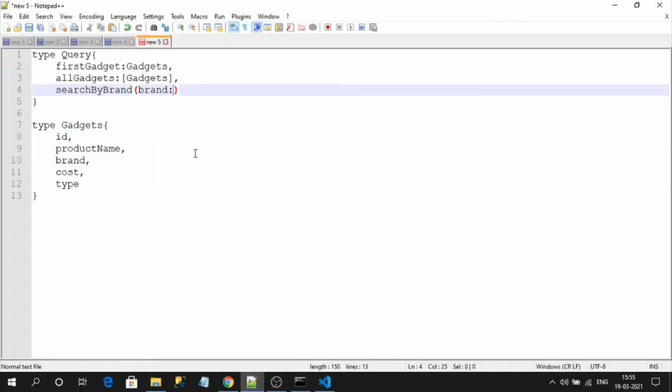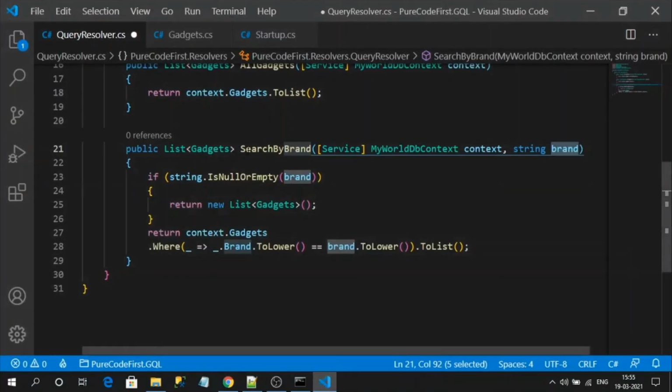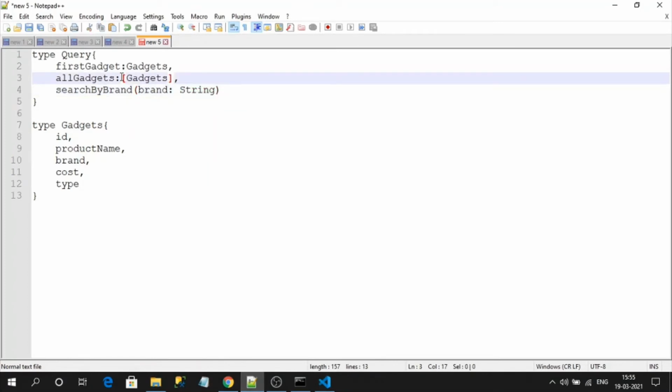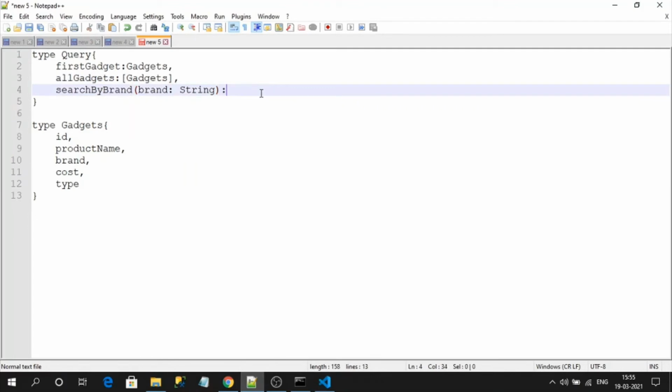Brand, and its type is string. Now I need to specify the GraphQL string type, with a capital S. This is not C#. The C# string is a small s. You can check over there. And finally, what is it returning? A collection of gadgets. So a collection of gadgets is written like this. So like this the schema will be generated.